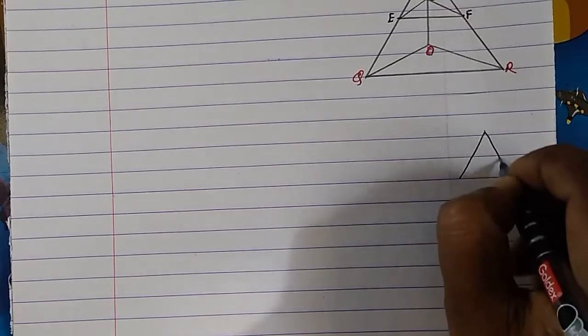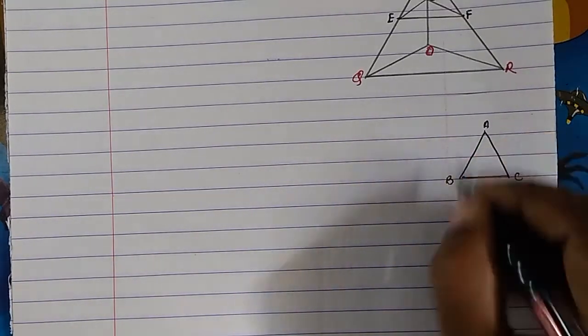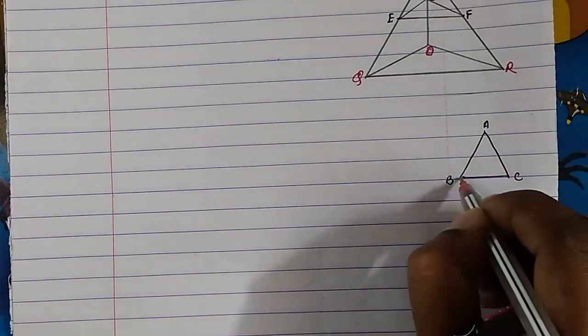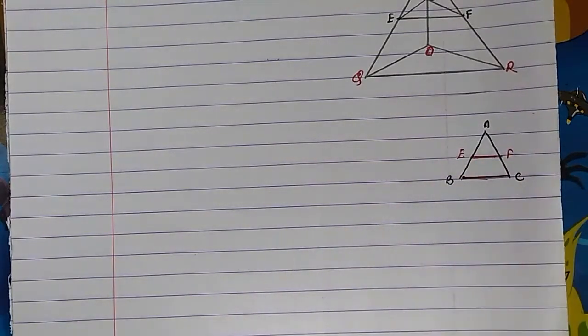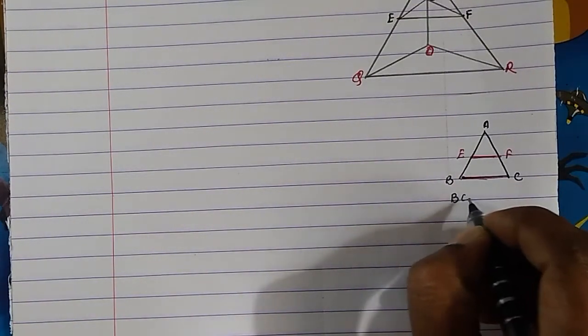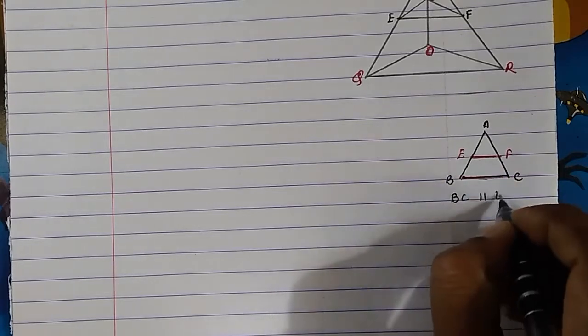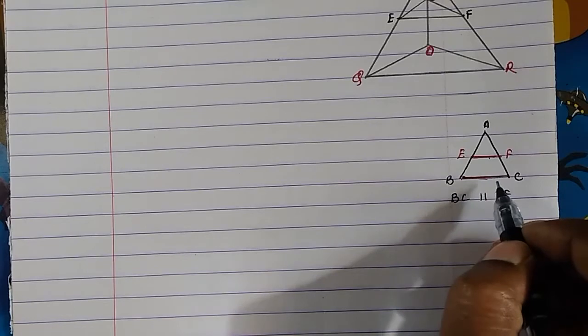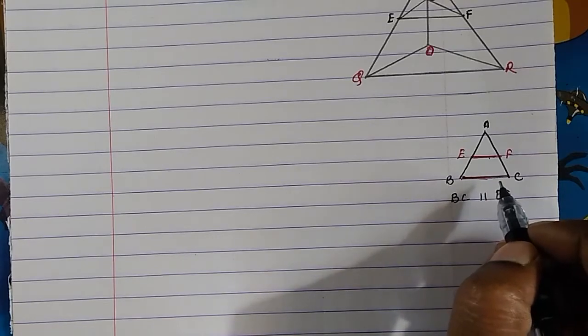The basic proportionality theorem says that if there is a triangle ABC, and we take the base and draw a parallel line EF, so if it is told that BC is parallel to EF, then the basic proportionality theorem says that